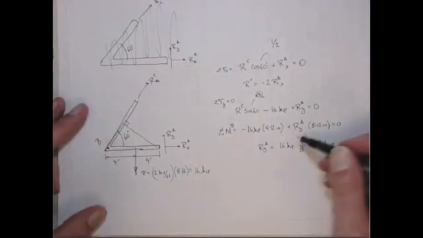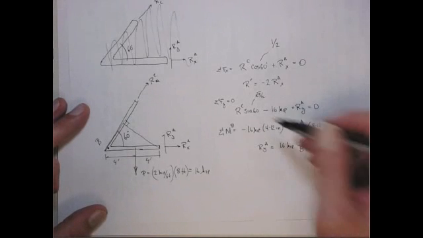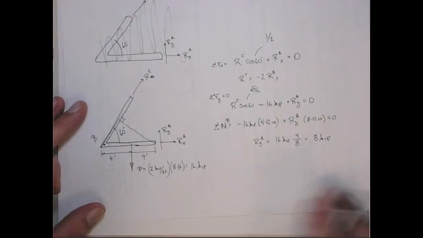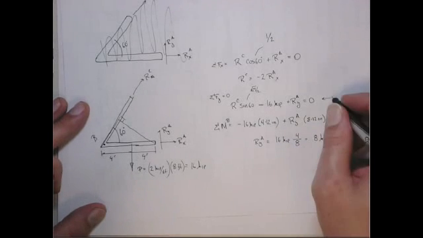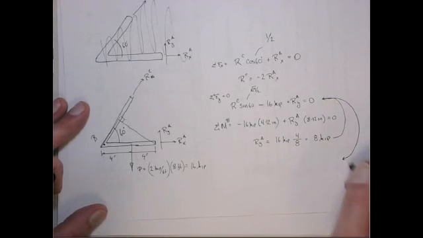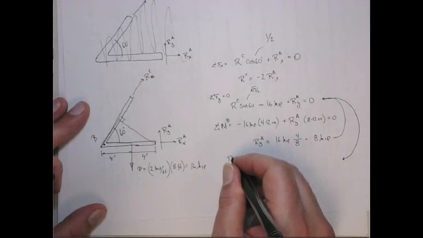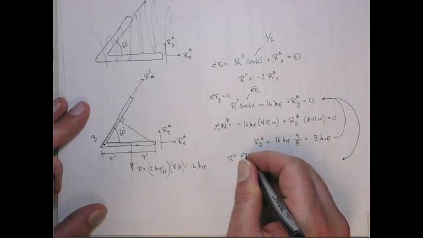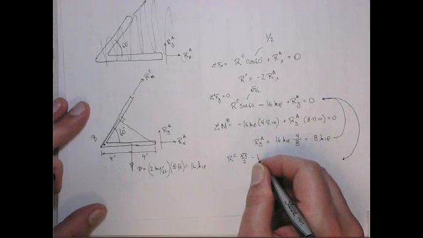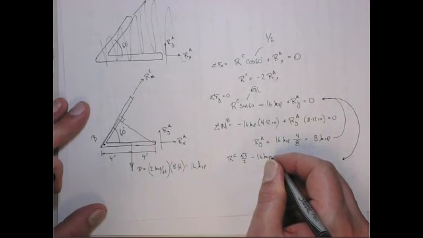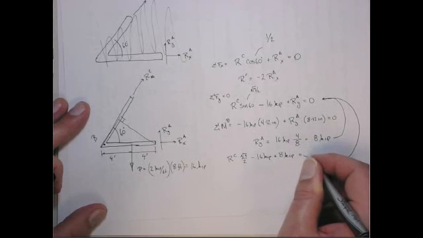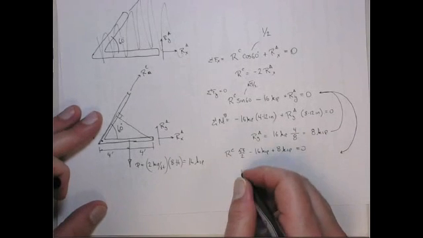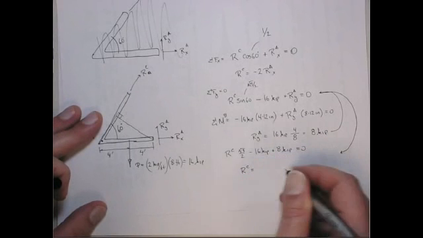Now that I know that, I can use that to solve for Rc in this equation. So using this equation, putting this into here, that'll give me Rc times root 3 on 2 minus 16 kip plus 8 kip has to equal 0. Or in other words, Rc is equal to